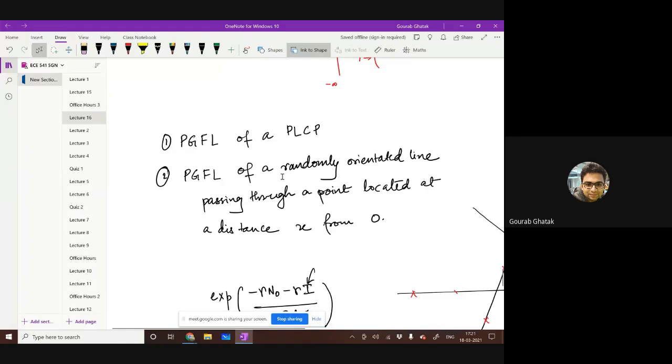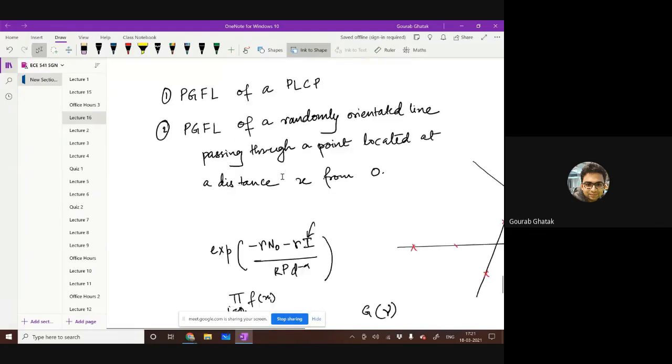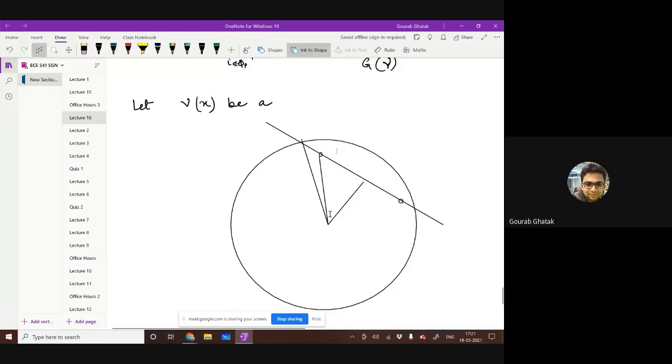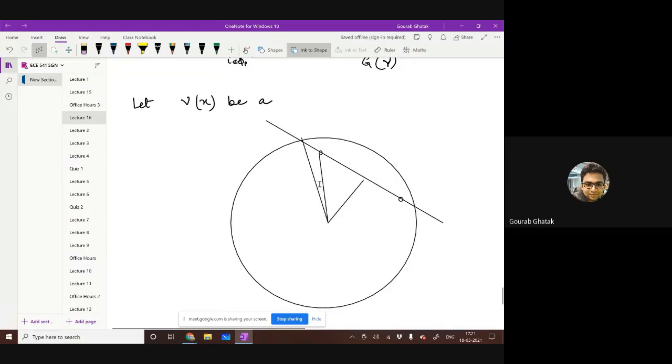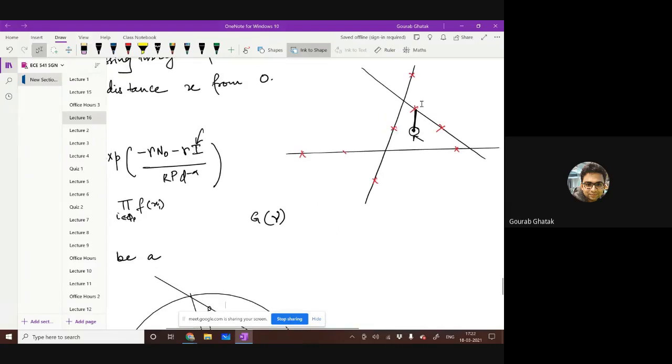a randomly oriented line passing through a point located at a distance of x. Why it is different is that my user is connected to this red guy, which is this base station. What I have to account for is all the base stations located along this line. Now remember, the evaluation is not similar because this distance d is no longer a perpendicular, right? My base station can be at any distance from the user. It's not necessarily located at exactly the perpendicular of the road that I am concerned with, right?